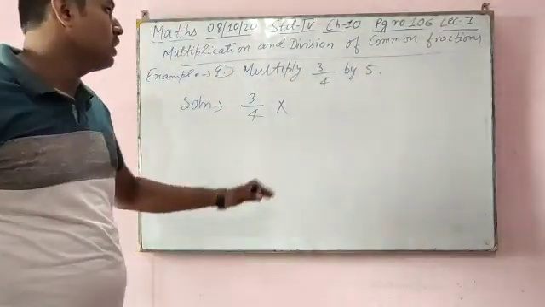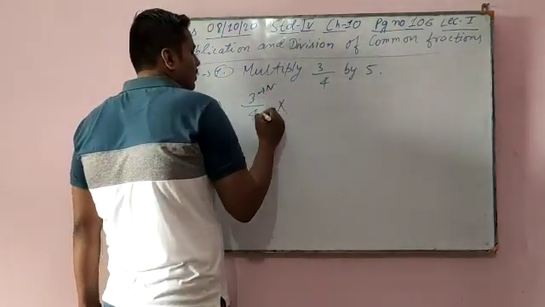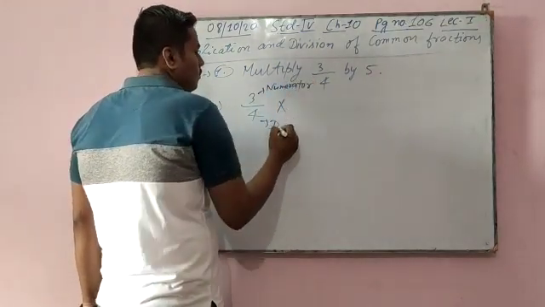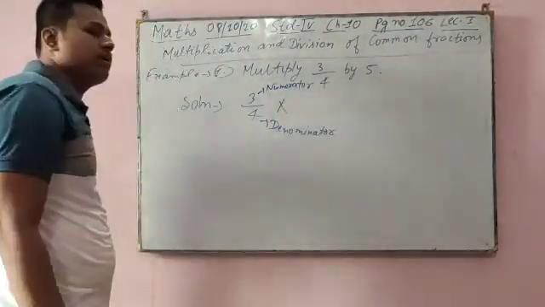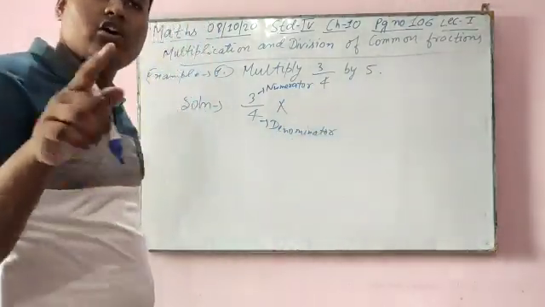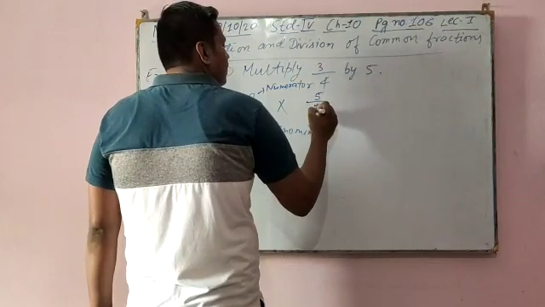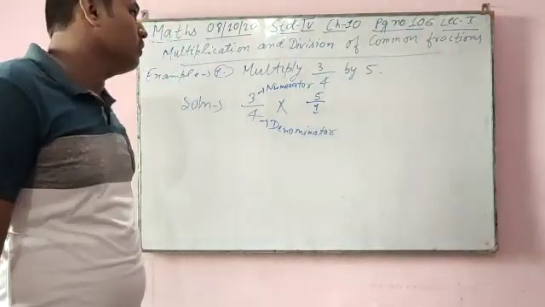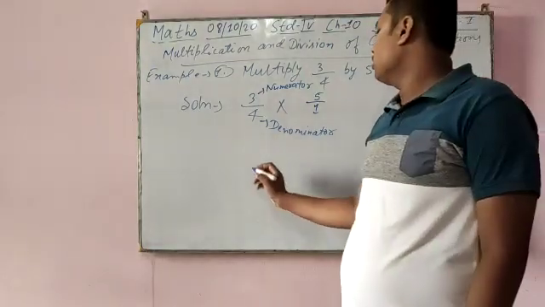Many students get confused whether this 5 is in the numerator or denominator. See, the upper one we say numerator and the down one we say denominator. So whenever you find a single number, always take it as a numerator. So this 5 is in the numerator. Down 5 is nothing, then give 1 as a denominator. When you divide 5 by 1, what will you get? 5 only. So whenever you find a single number, you can give 1 downside. Doesn't matter. Okay. Now come.